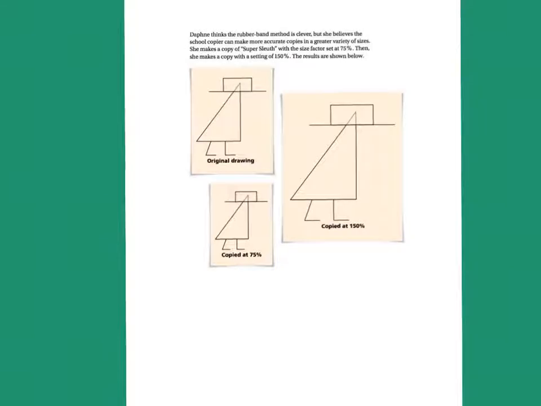Since at this point you've finished the task board, we want to start to look at the patterns we've noticed. So if you look at the image that we started with, the original drawing, you see a picture of a mystery or super sleuth, they call it. And when you enlarge it 1.5 times its size, here's what it would look like. So with the rubber band, it allows you to copy the figure into a bigger image like you did in